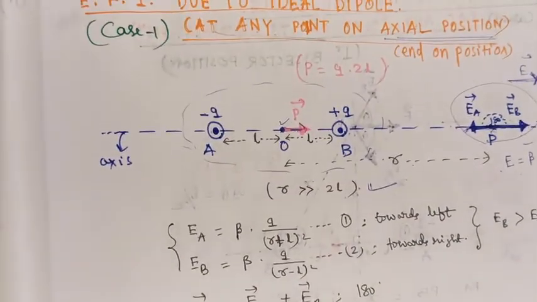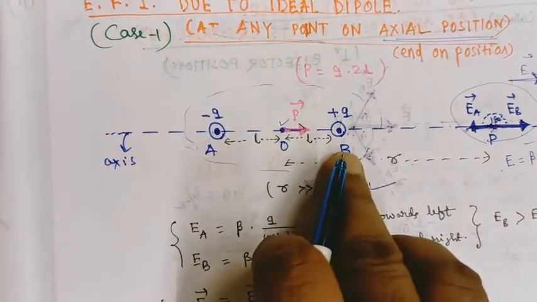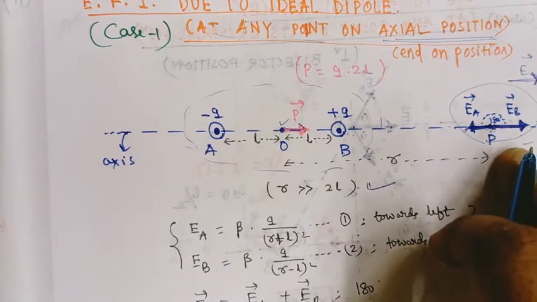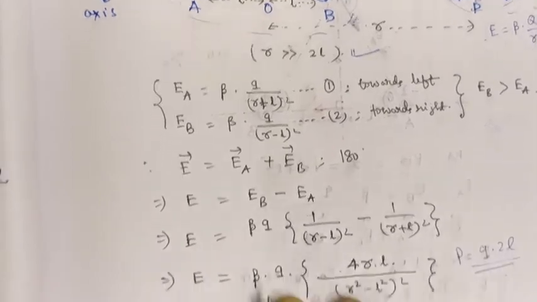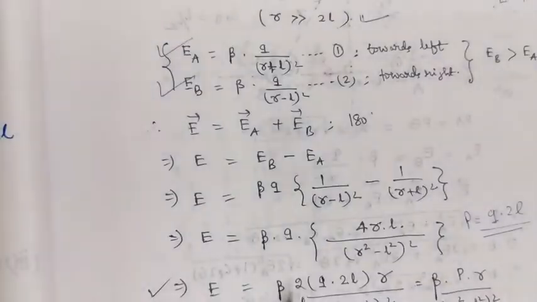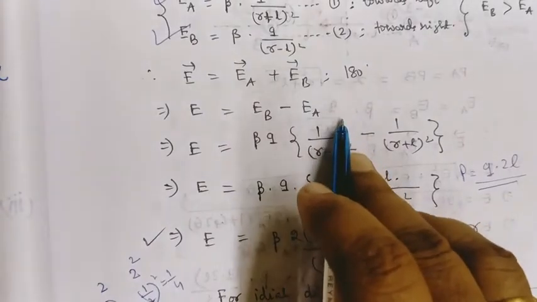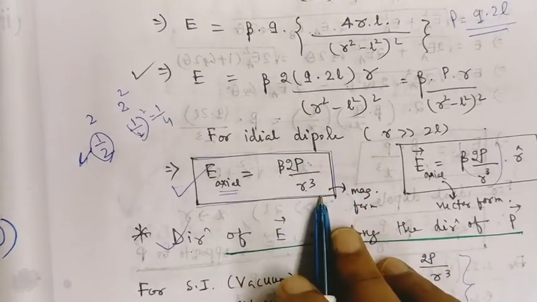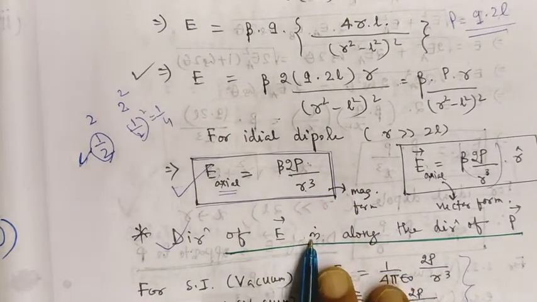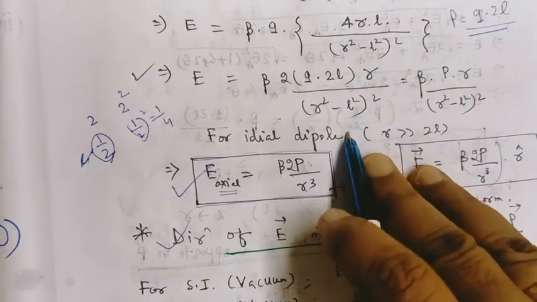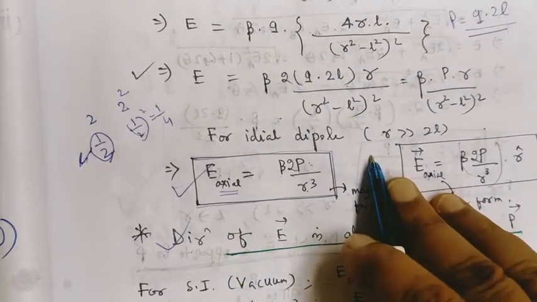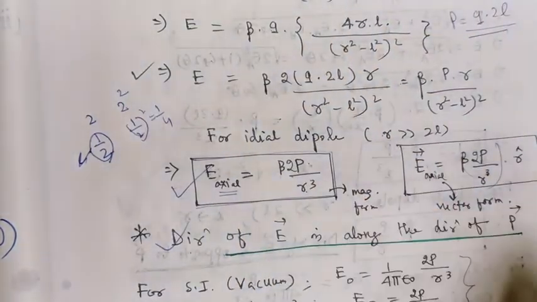So, if this type of question comes in the exam, how will you derive the electric field intensity due to an ideal dipole at any point on its axial position? First importance is to draw the diagram perfectly. Then step by step you calculate EA and EB. Then by using the vector principle, and practicing this, the final answer should be 2p by 4πε0 r cubed, and the direction of the electric field intensity is along the direction of the dipole moment. When you see this video, on that specific day you should practice the derivation part in your rough copy.